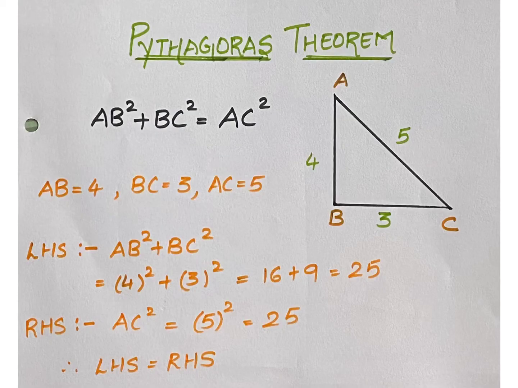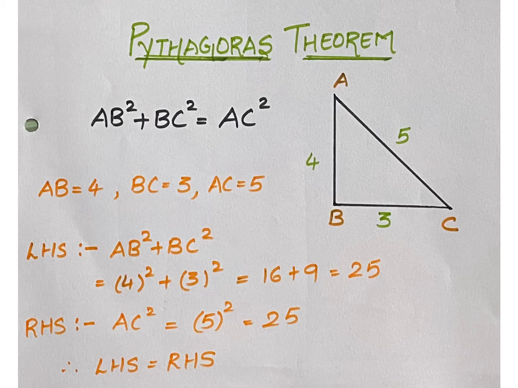Now the next topic which we have to study is to represent irrational numbers on a number line. For this, we need to recall the Pythagoras theorem. According to the Pythagoras theorem, for a right-angled triangle, the square of the hypotenuse is equal to the sum of the squares of the remaining two sides. That is, if in right-angled triangle ABC, B is 90 degrees, then AB square plus BC square is equal to AC square.